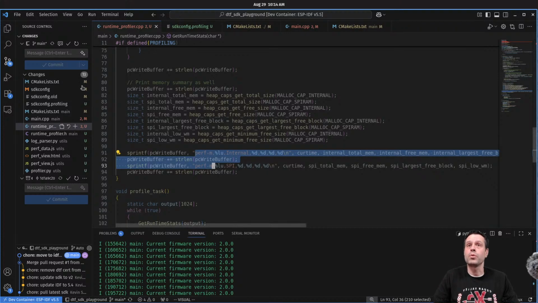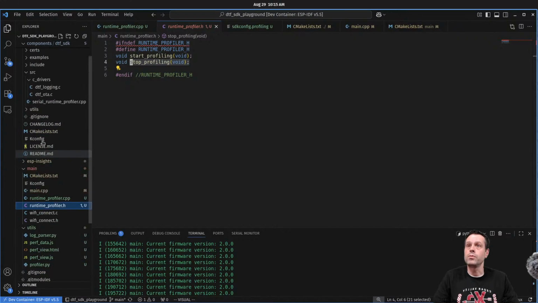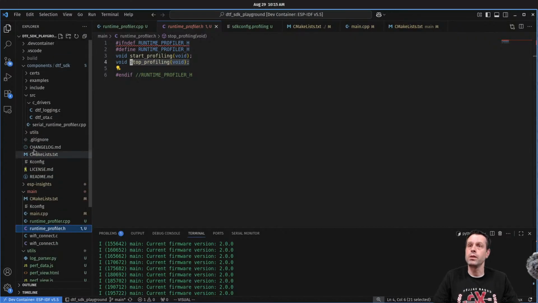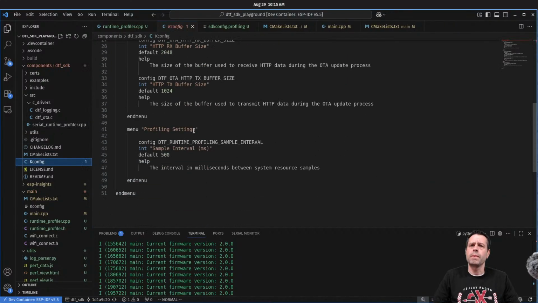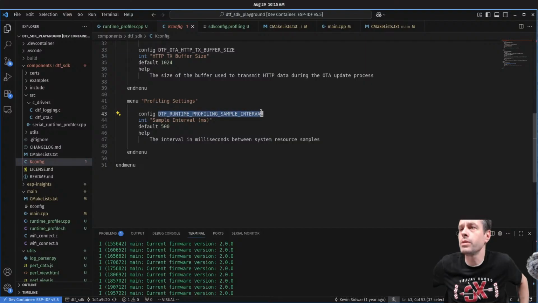So I've got this runtime profiler. The interface for it is extremely simple. There is a start profiling and a stop profiling. And it has a Kconfig as well. If we come up in here into the SDK, where are we looking? Kconfig for profiling that has this very simple IDF runtime profiling sample interval. And so all this is,